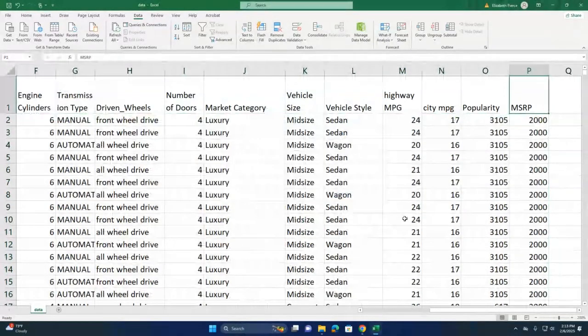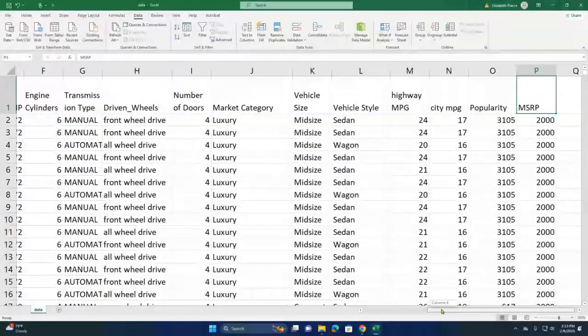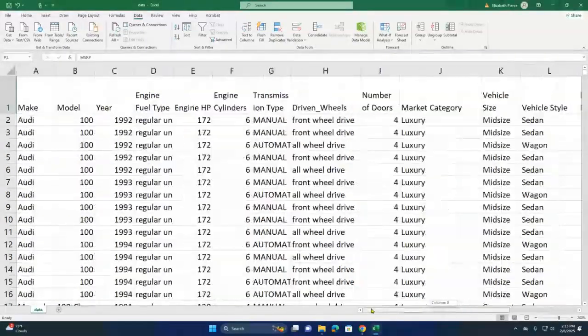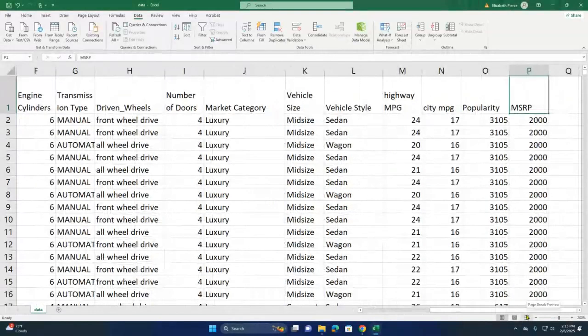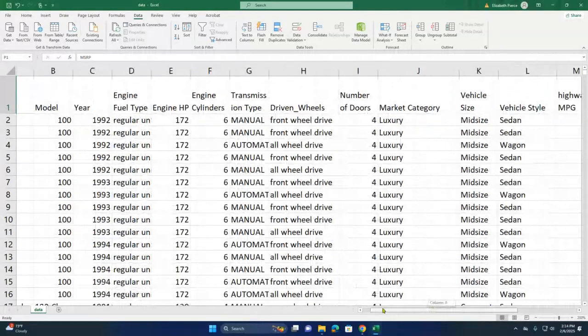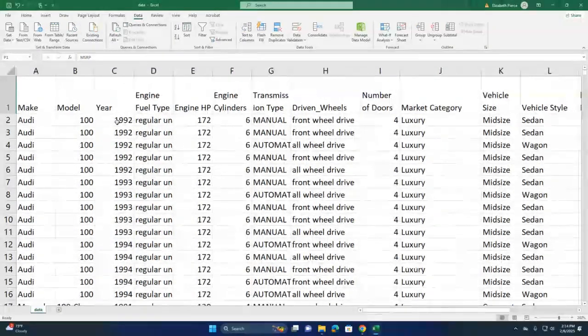So this is really fascinating. If you take a look at the cars that are around $2,000, we can look at the vehicle style and so on, but the key that caught my eye was the year. So if we go down through the data set,